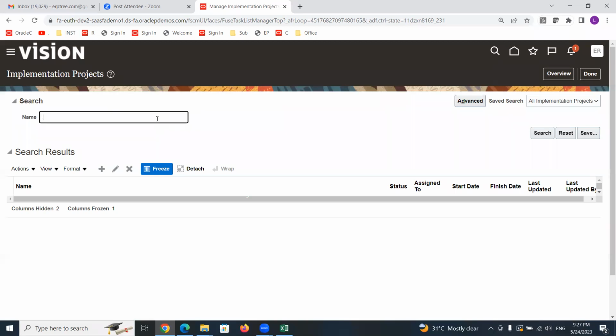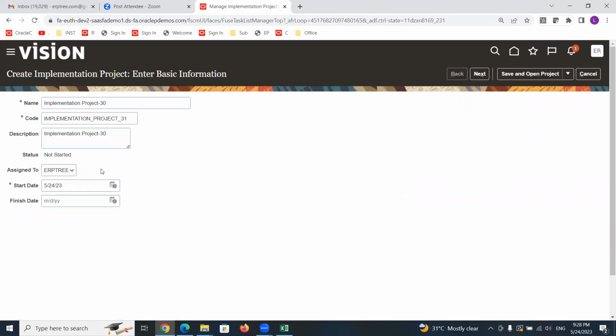Now, to create the implementation project, click on the create icon. By default, the system is taking the implementation project name as implementation project 30. You can remove that number and include your company name or client name.